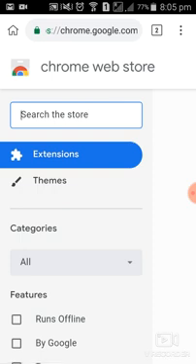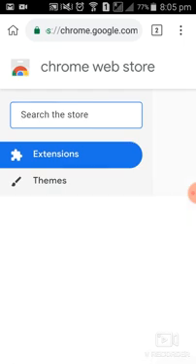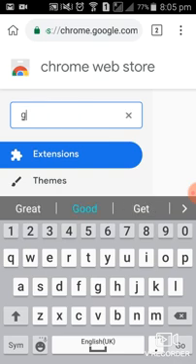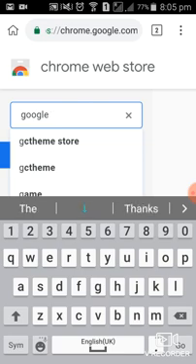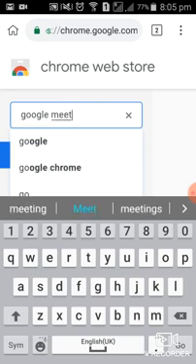On the right side we have to search for the first extension. We have to write here Google Meet attendance.